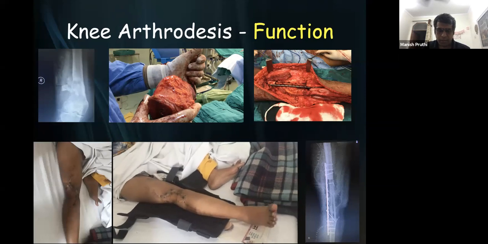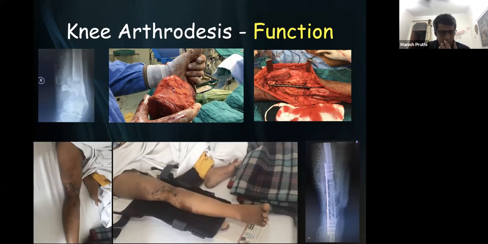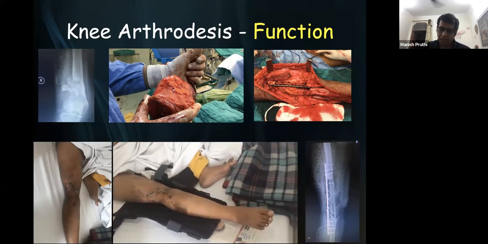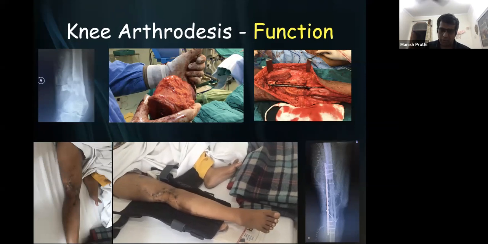So once the bone heals, the patient can do an active SLR. They have no neurological deficit distally. And this patient started walking 4 to 5 months after the surgery. And now she is walking full weight bearing. And she is almost 3 years post-operative now. And she is fine. So basically, when you are doing a biological arthrodesis, you need to wait till the time the bone heals, which can be 3 to 4 months. When you are doing a nail cement arthrodesis, you can make them walk immediately after the surgery.